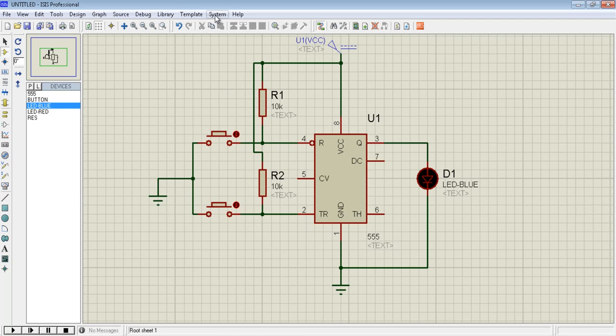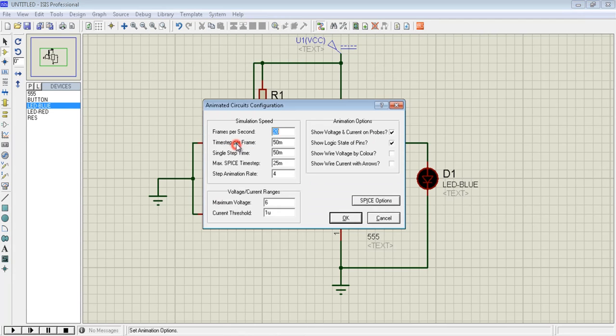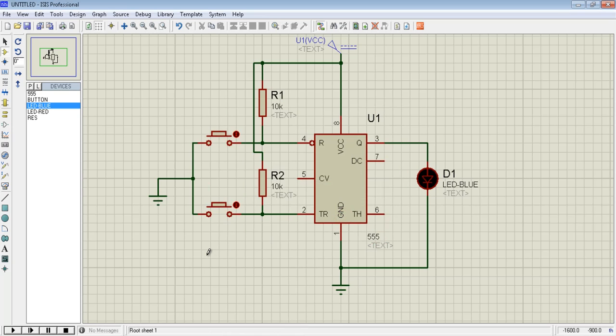Now this Proteus has one more option, this animation option, where we can see the direction of the current. So I have chosen these options. Now let me run it. See, the LED is glowing.